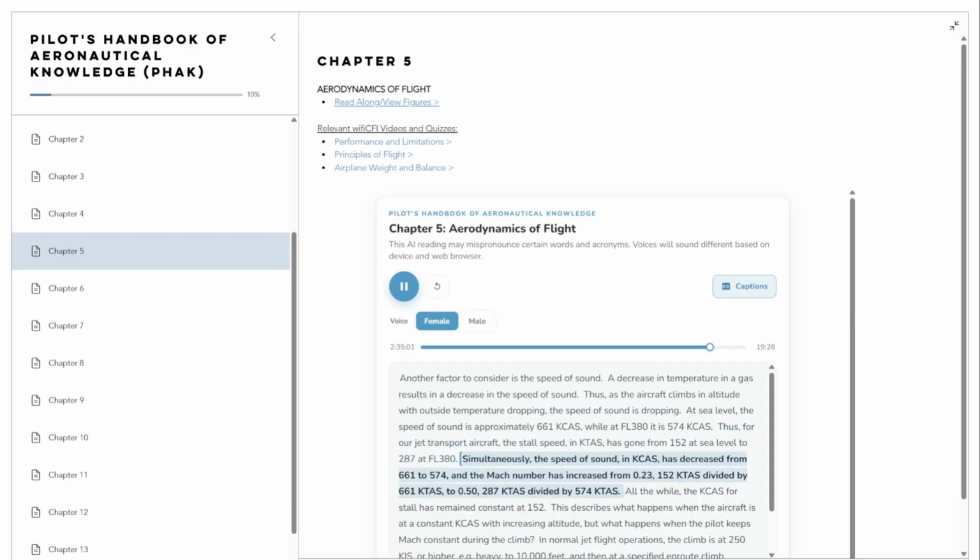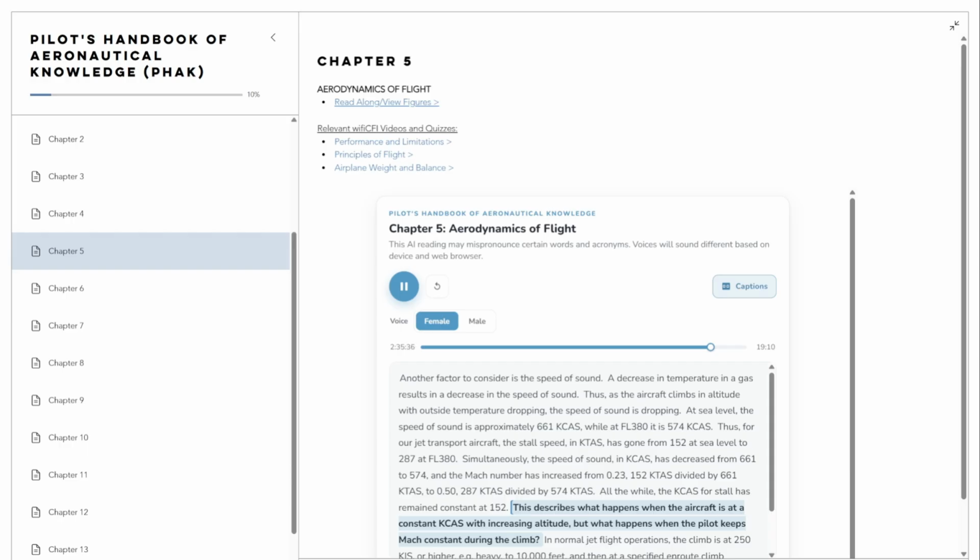Simultaneously, the speed of sound, in KCAS, has decreased from 661 to 574, and the Mach number has increased from 0.23 (152 KTAS divided by 661 KTAS) to 0.50 (287 KTAS divided by 574 KTAS). All the while, the KCAS for stall has remained constant at 152. This describes what happens when the aircraft is at a constant KCAS with increasing altitude, but what happens when the